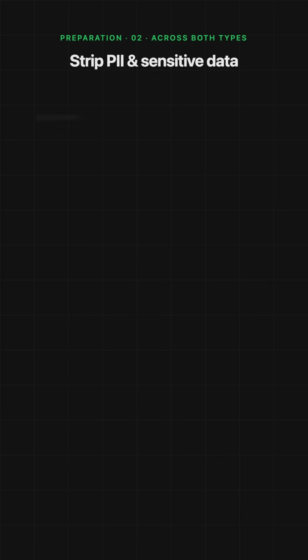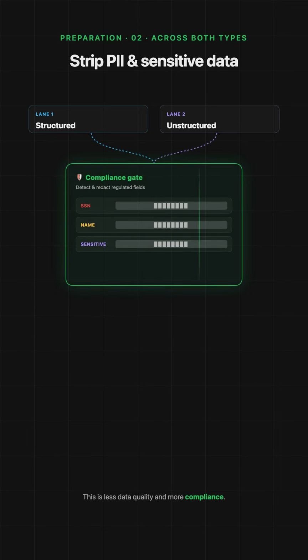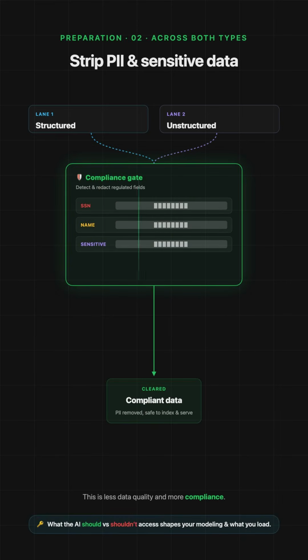Lastly, across both of them, no matter what, you're going to have to worry about PII or any sensitive information. So this is just removing social security numbers, maybe there are some specific names involved. And this is actually more related to compliance rather than anything else. Now, data cleaning is actually going to be a very large topic in general, but these are probably the biggest ones that you'll see for both types of data sources.